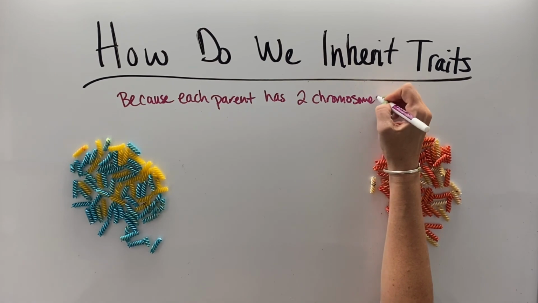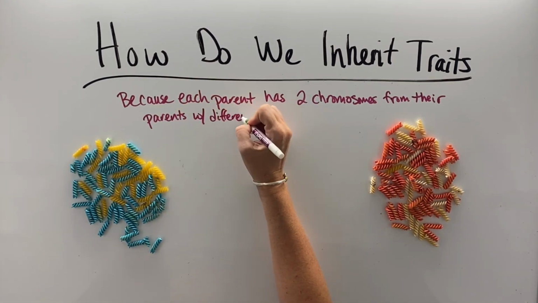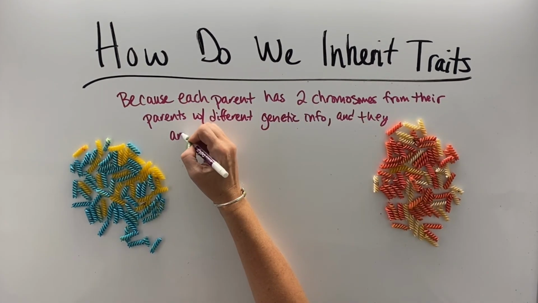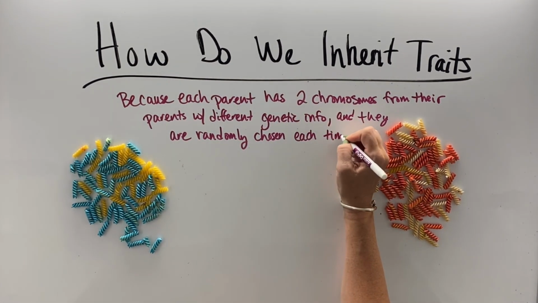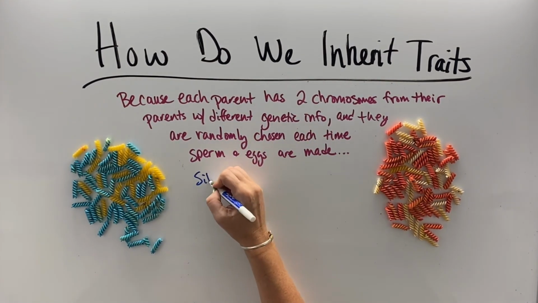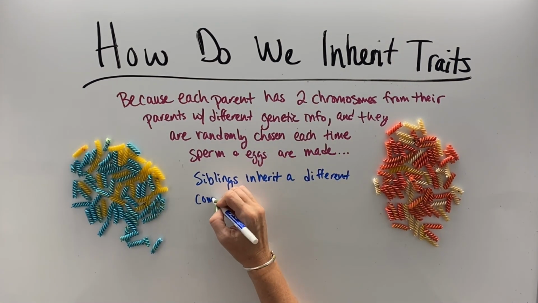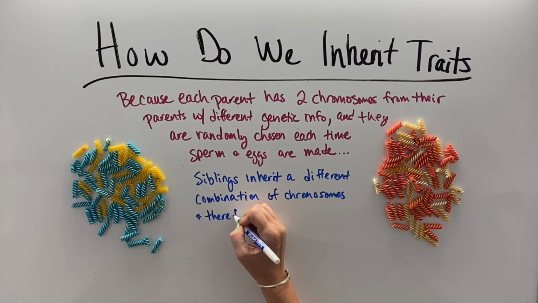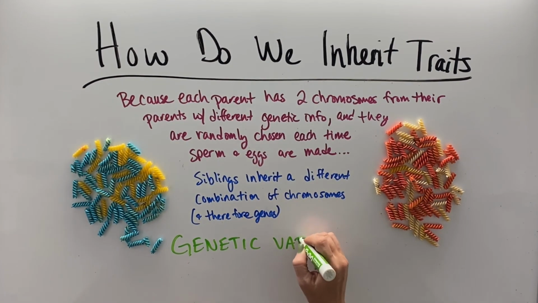because each parent has 2 sets of each chromosome, and every time that they make sperm and eggs, they randomly select which one of each chromosome they give to each sperm and each egg. So there's that different genetic info that goes into each sperm and egg each time, and which one is the one that gets used and actually turns into the child is pretty random. So siblings inherit a completely different combination of traits than each other, unless they're identical twins, which again is a different video for a different time,